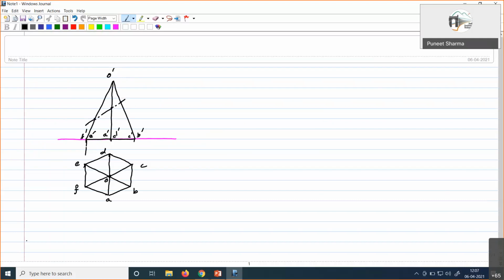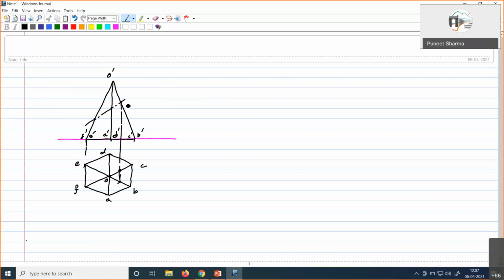So for this again, if I draw the projector down from here, it will come somewhere here. Okay, so you get one point here and one point here, right? We need to give names for these also of course. We'll do that. If this central point, if I consider, I hope it is visible. So O dash A dash and O dash D dash, two overlapping edges we have, right, at this location. So these will be again intersected by this section plane.